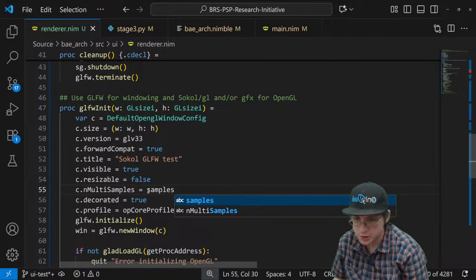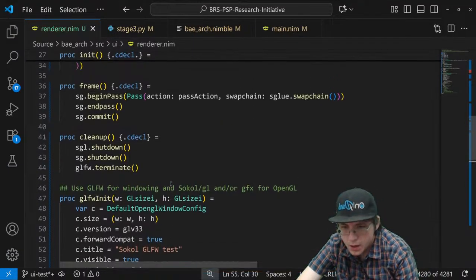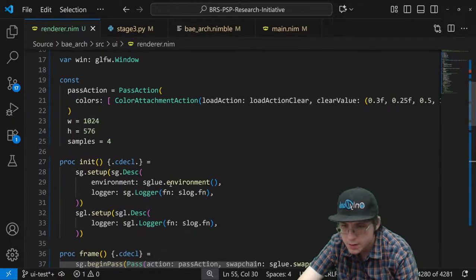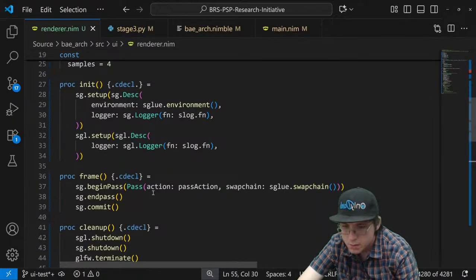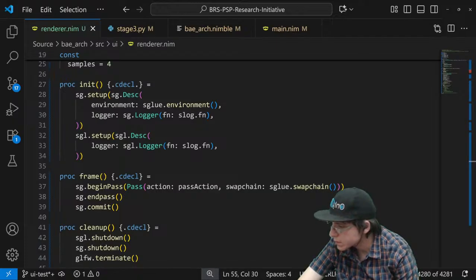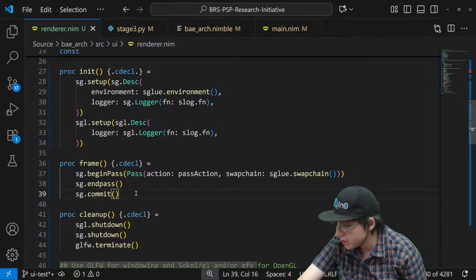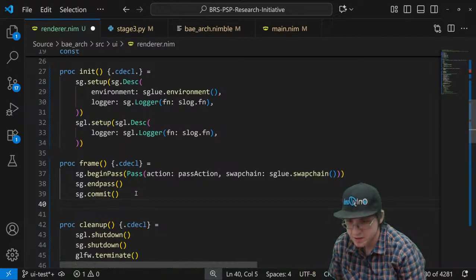Can set you to... Maybe I need to do GLFW swap buffers, maybe?